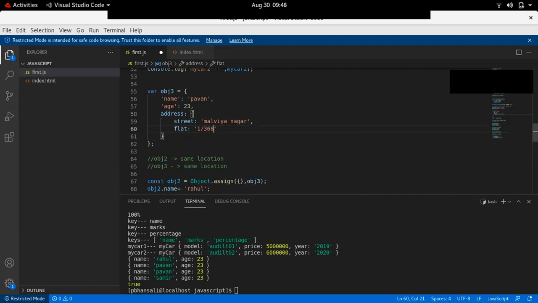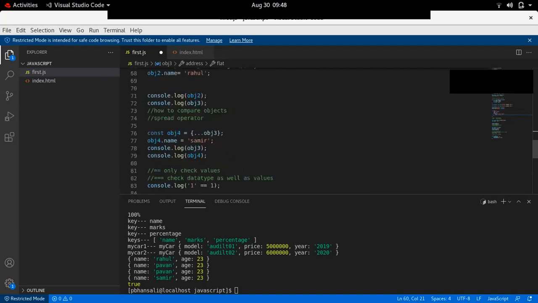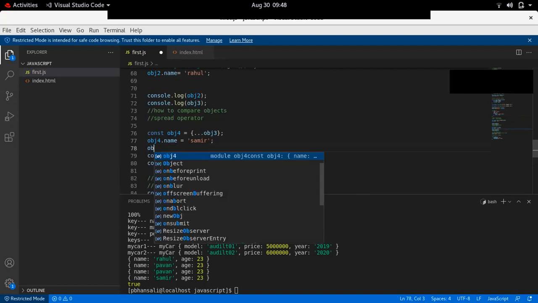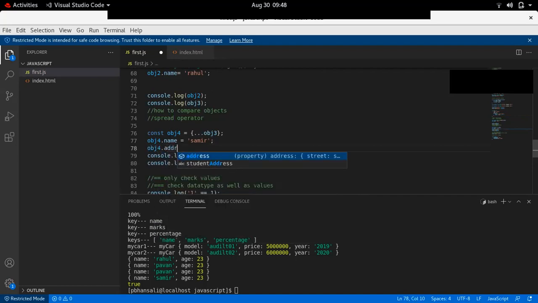Like this. And now I have an object4 which is a copy of object3, and if I change object4.address.street equals something else, maybe street 1, then see what happens.